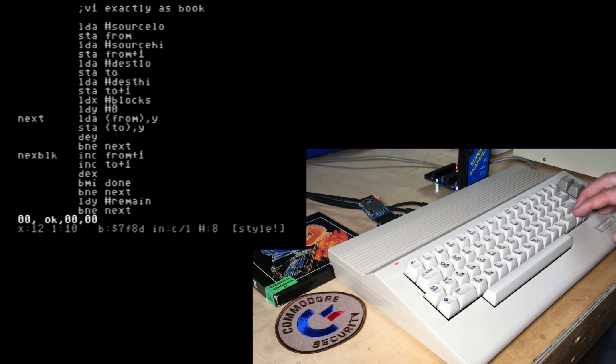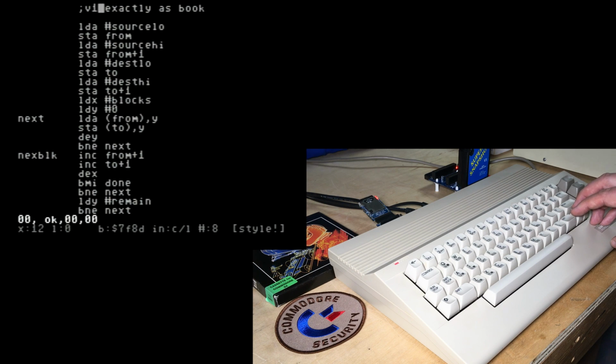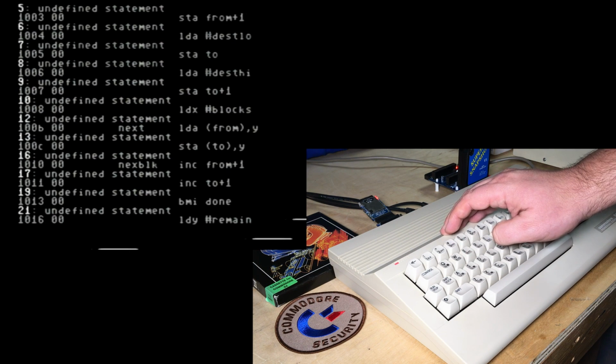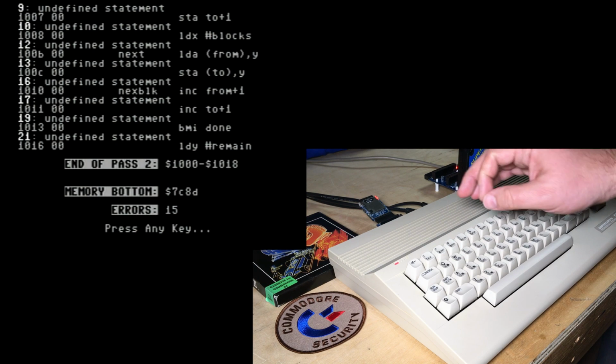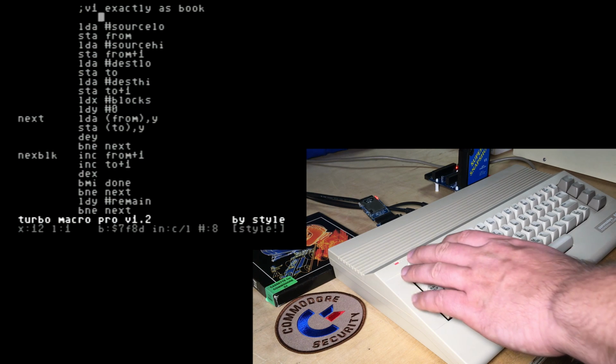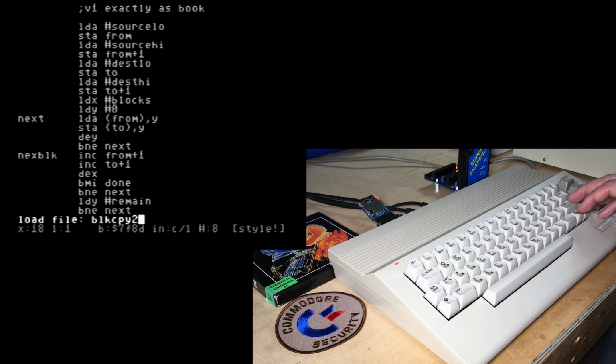Okay, and here's the source code. As it says, exactly as book. So I just typed in the source code without the comments directly in here. But if we go to assemble it, back arrow 3 to assemble, and you see all these undefined statements. Those are all the missing labels. So back arrow load, block copy 2,